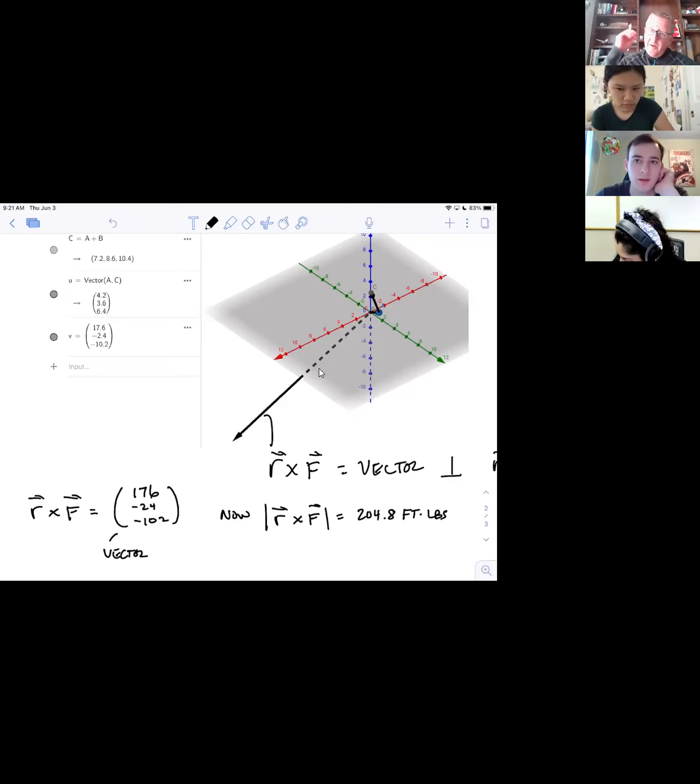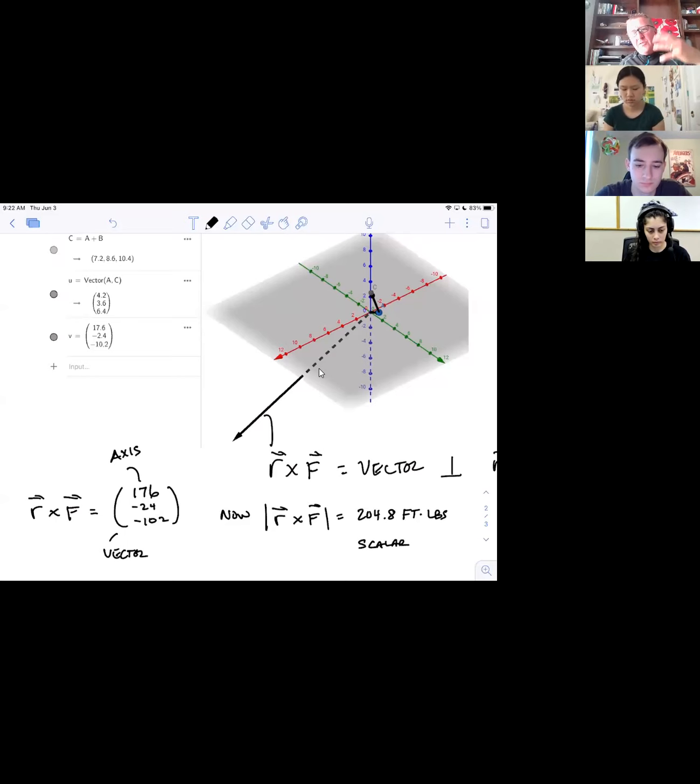And if you think about units, isn't that what we did to get these numbers? Every single thing was a foot times pounds. So that's why the unit of this would be foot pounds. So basically, these 2 vectors over here are causing 205 foot-pounds of desire to rotate. But if that's all we have, then we've lost the axis. And here we have the axis built in. That's what's so cool about that as a vector. That axis is actually built in. And anytime I want to, I can go get the numerical scalar answer to this, which of course is very important,